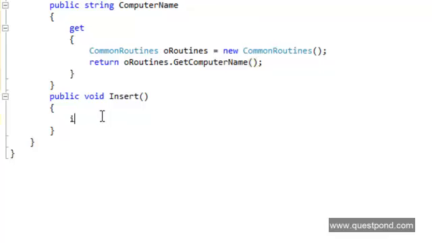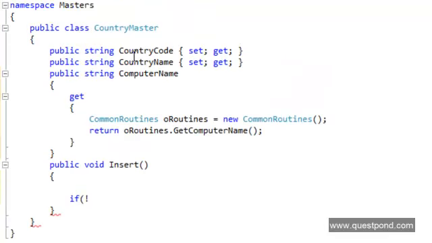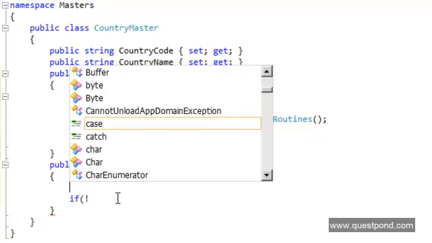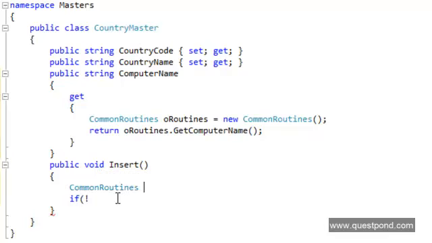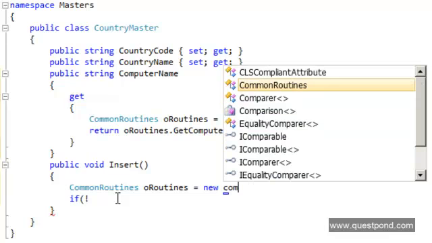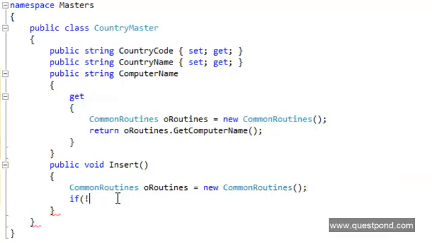And in the same way, now I can use the isEmpty function. So I just need to create the object of common routines again here. So let me say here common routines, routines is equal to new common routines, right? So I can now say routines dot isEmpty,